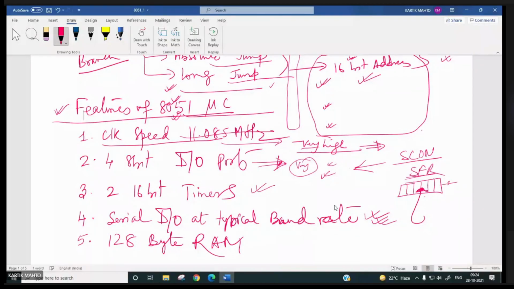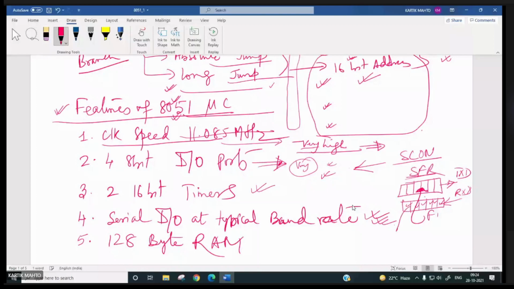At the typical baud rate. Similarly for receiving, you have to program the serial control register properly, and via the RxD pin data will be received at the typical baud rate, and the moment 8-bit data is received, a flag will be generated, and then you can transfer this byte to a memory location, right?